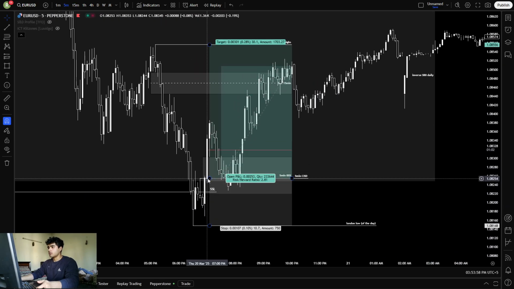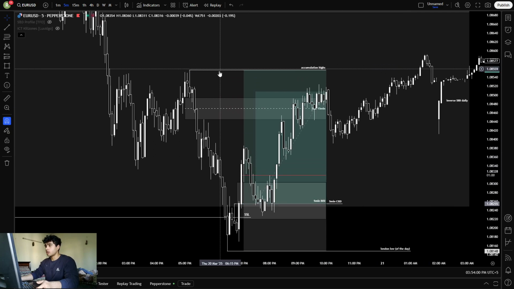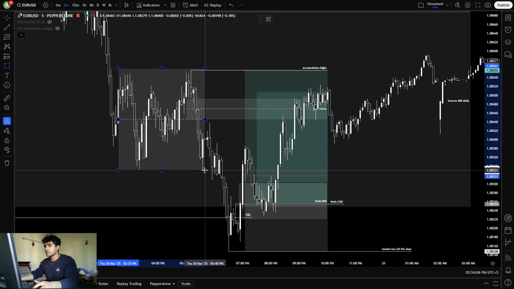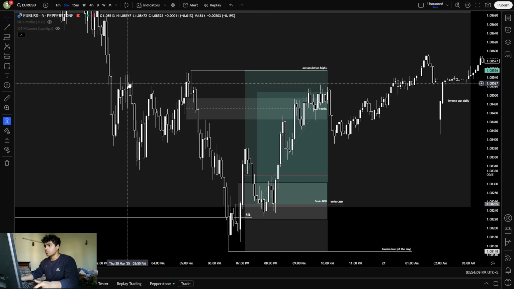So yeah, I entered right here and placed my TP above this accumulation. This is an accumulation range, right? So I placed my TP above the accumulation highs. The accumulation highs are